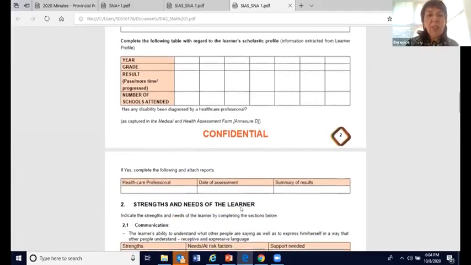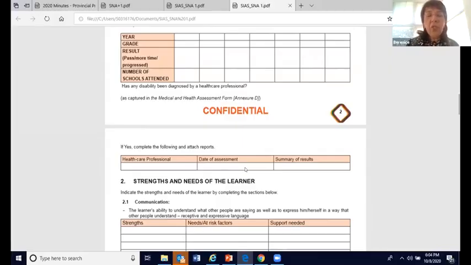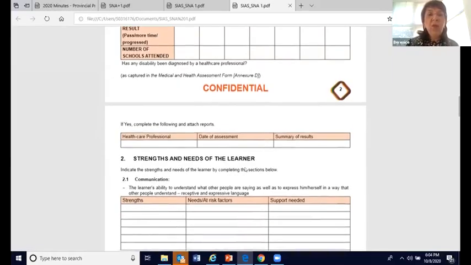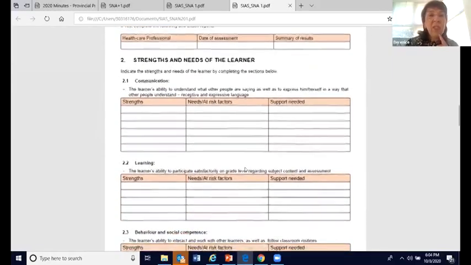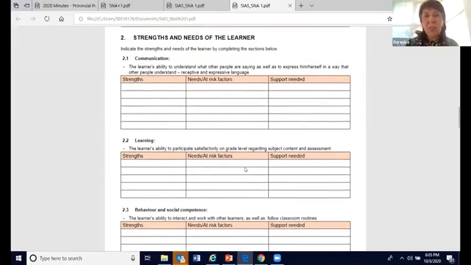If yes, complete the following and attach the reports, the healthcare professional, the date of assessment, the summary of results. Now we move on to the second section, and I really want you to note what it says. It's not only about the concerns, it is also about the strengths of the learner.